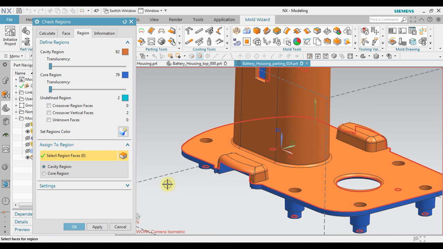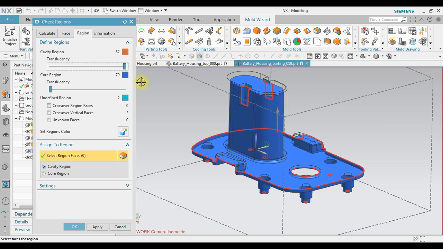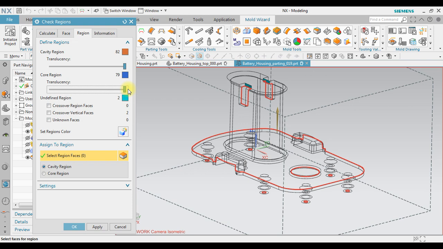Okay. Now in here we still have undefined region. We can see it by using translucency. Now in here, click for example also for the core region, translucency.